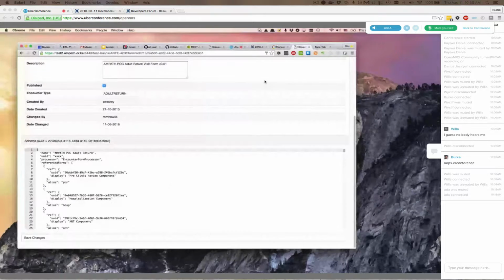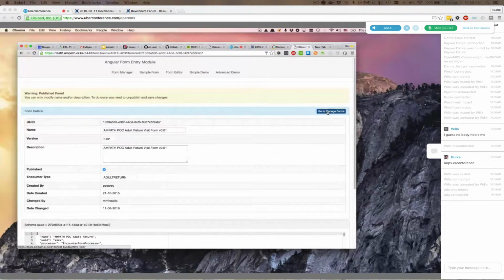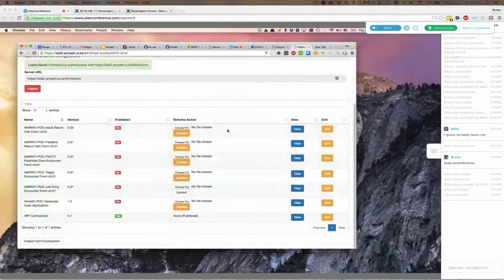Okay, that's it. So you can just go back to manage forms, and we didn't have a provision to delete forms. And there's something else I think we can add, that is retiring a form in case you want to do it. That's the only thing that is missing there. So that's all for me today.